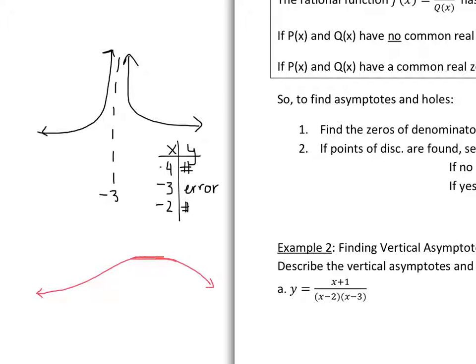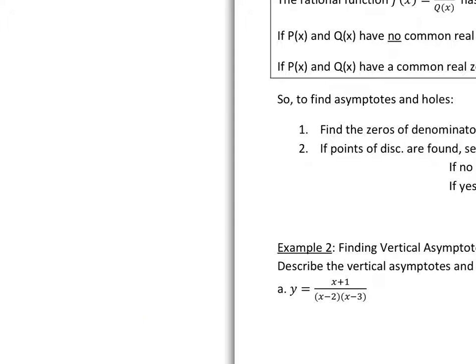That's because the calculator graphs so microscopically that the actual point, say it's -3, is tiny, tiny, tiny, so you can't actually see that they jump over it. But if you look in the table, the same thing will happen again, where at -3 there will be an error. So with holes, the graph looks totally normal on the calculator, but there's an error at whatever the point of discontinuity